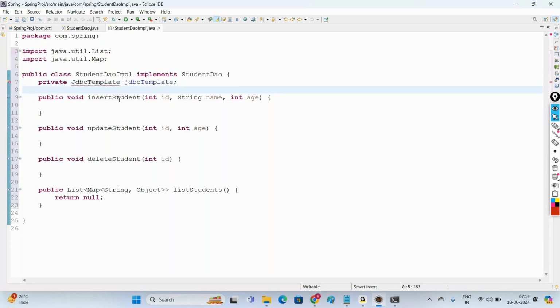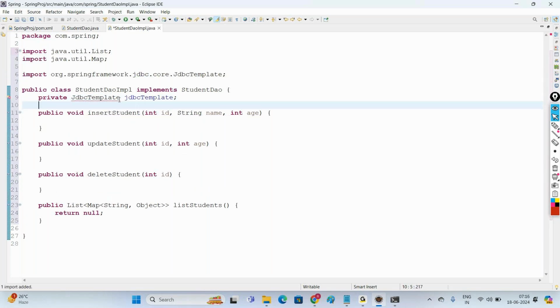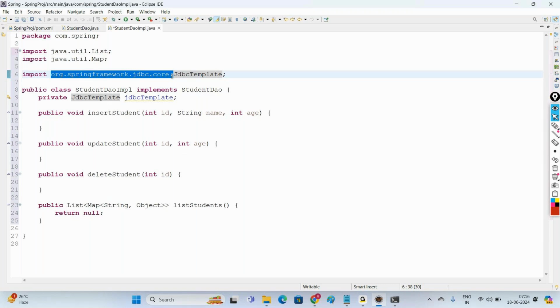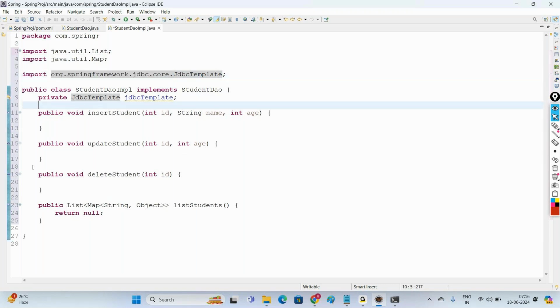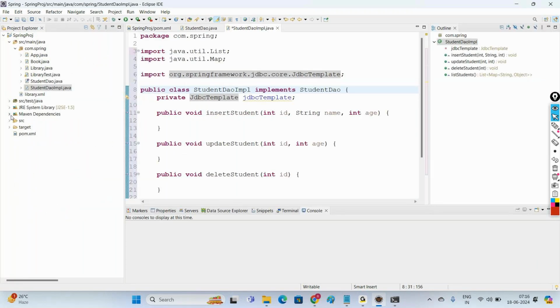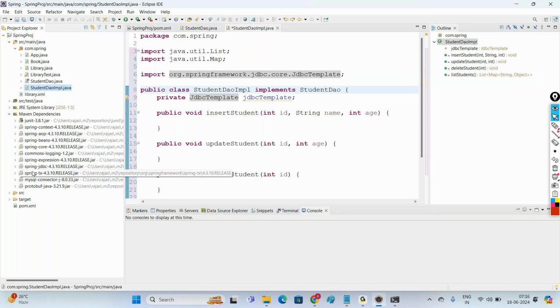Import the package for JdbcTemplate, which belongs to the package org.springframework.jdbc.core. Now, how to know the package details? It's very simple. If you expand your Libraries, Maven dependencies, here you can see the Spring JDBC jar file. If you expand it, we can see here